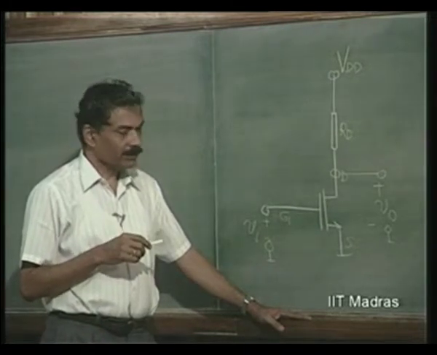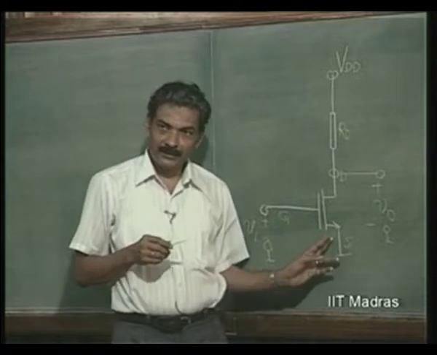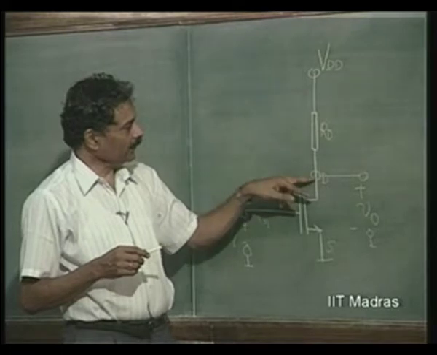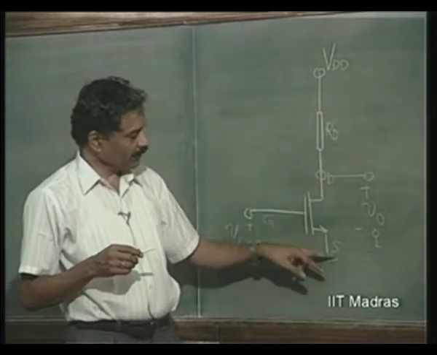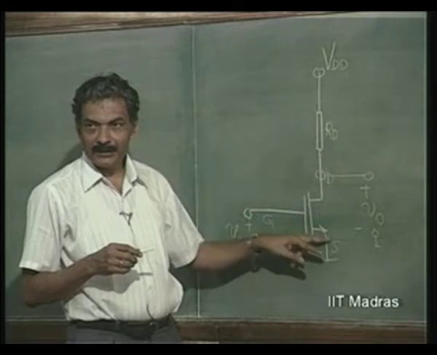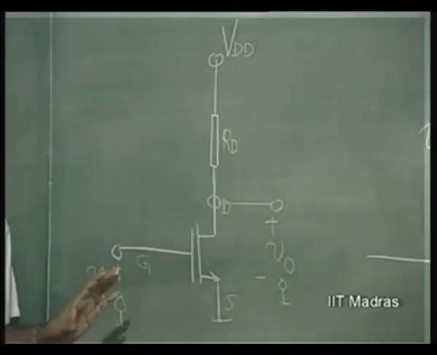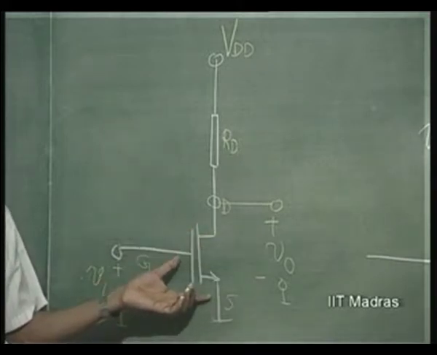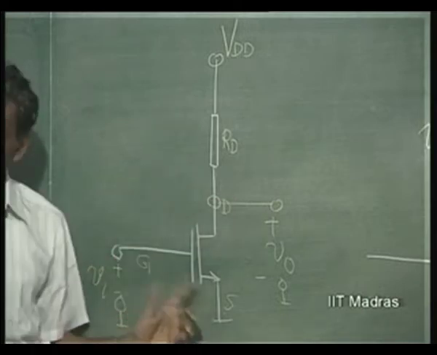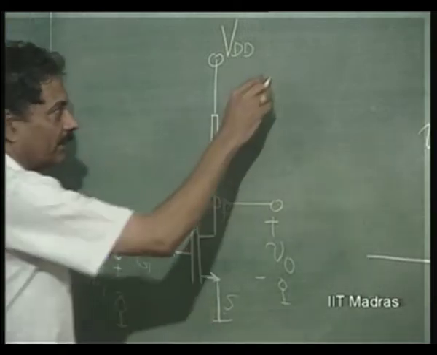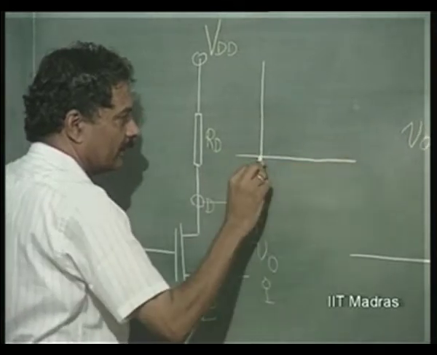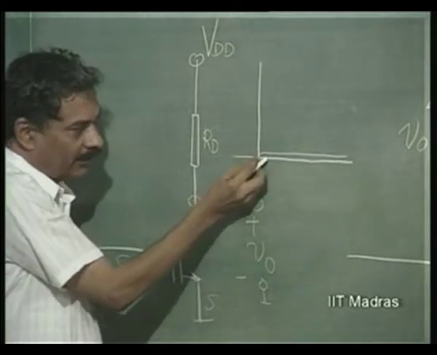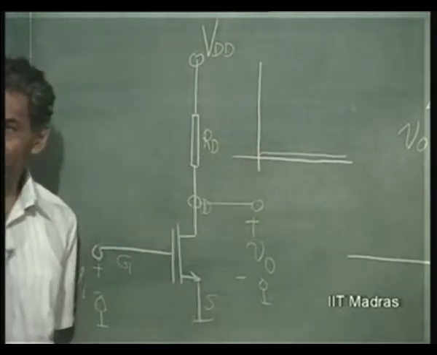The question is, in which region is this working? Obviously, when the current starts flowing, the potential here is going to be very nearly VDD. So VDS is very nearly equal to VDD, and Vi has just started making this FET go into conduction, and therefore this FET is in the current saturation region. Primarily in the characteristic curve, you will see that this is the current saturation region. When Vi is just equal to Vt,